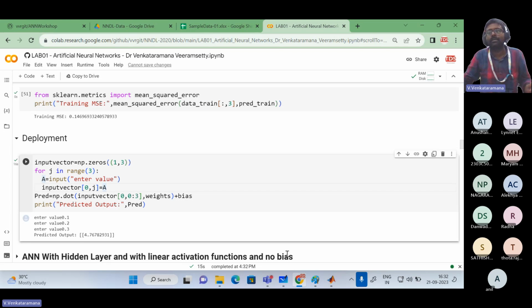So this is how the ANN model works, without a hidden layer but with an output layer and bias parameter. Only with these two components, we completed